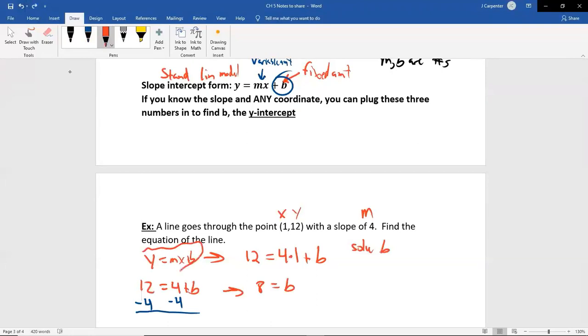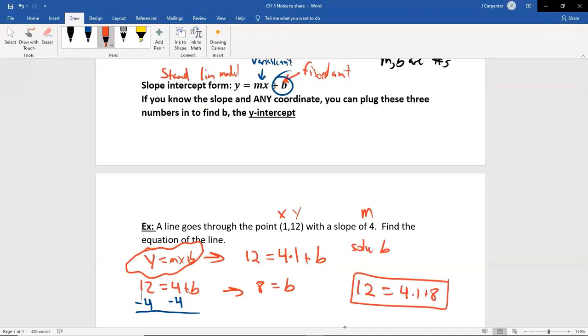We need to write something like this, but with numbers in place of the m and b, and we leave the y and the x alone. You might be saying, well, Mr. Beckner, why don't you leave the x as a 1 and the y as a 12? Why don't you do this? Some student would think this is the answer: 12 equals 4 times 1 plus 8. Okay, sure, 4 plus 8 is 12.